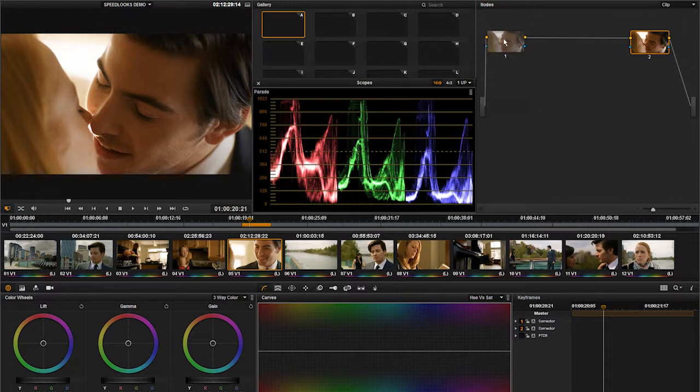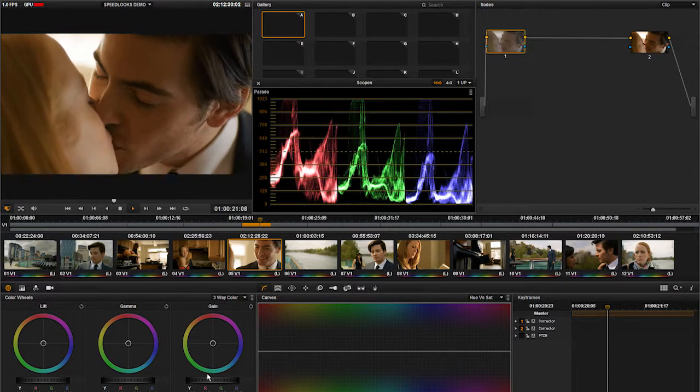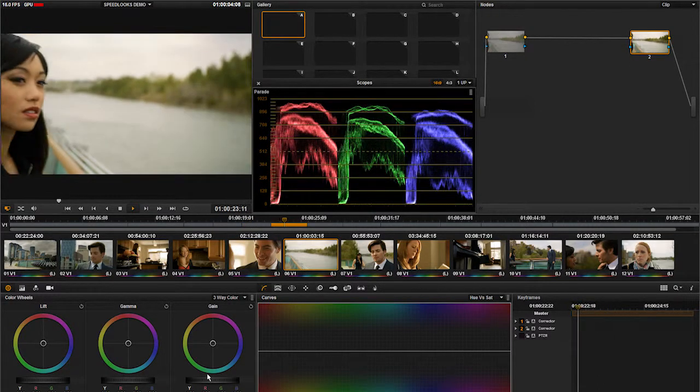So we've now applied our Speedlooks 2 different ways in DaVinci Resolve. I'm going to let you guys get your creative minds working and figure out how to combine these to make amazing cinematic looks on your own